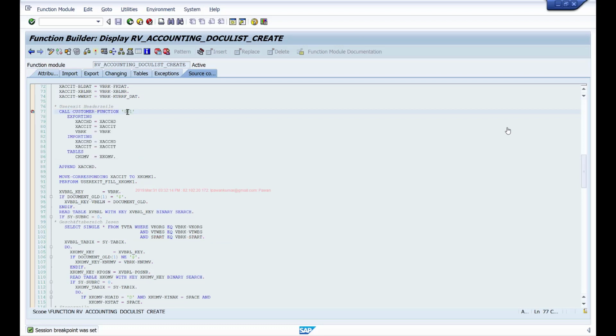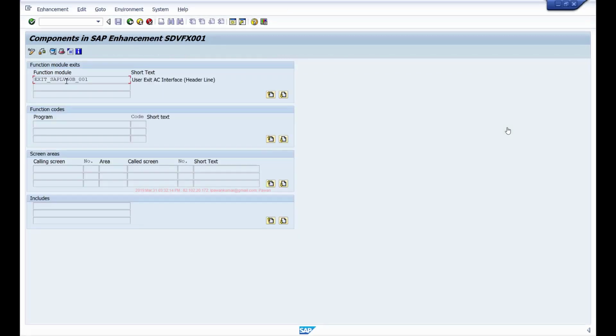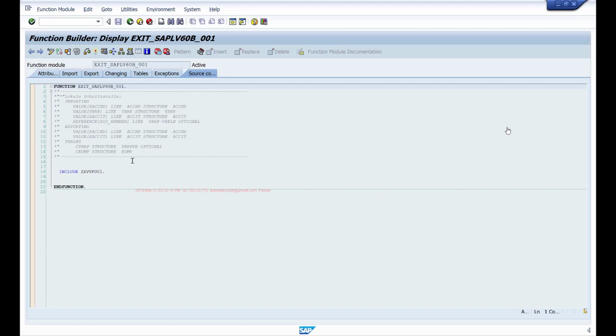So this function module, if you look at this enhancement, if you double click on this, is the function module that is called. And within this function module, you won't write your code directly in the function module, because this function module name also is in a SAP namespace, so we don't edit it directly. But within that, they'll include one Z include program. So there will be one statement where they are including one Z include program. This program will be empty, it won't be available.